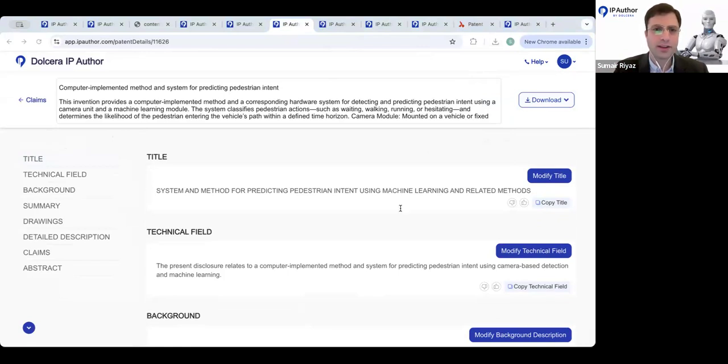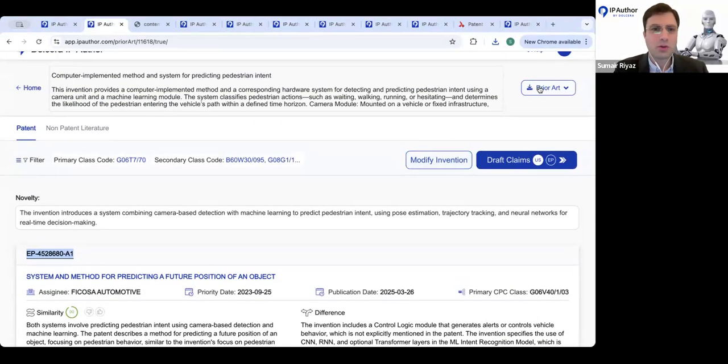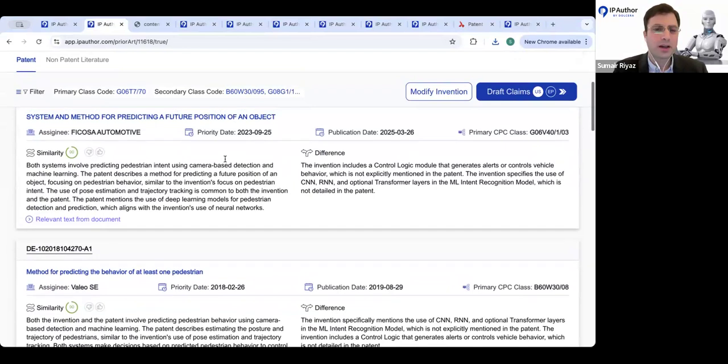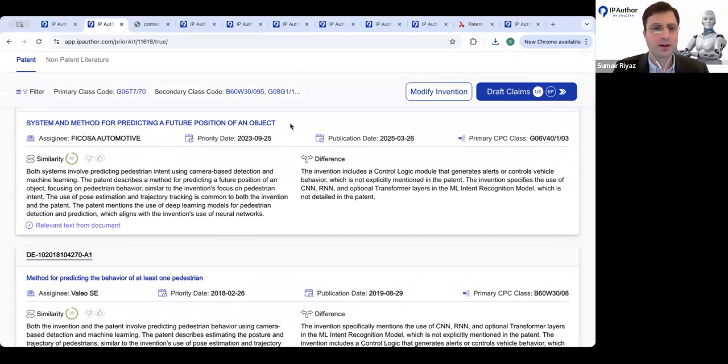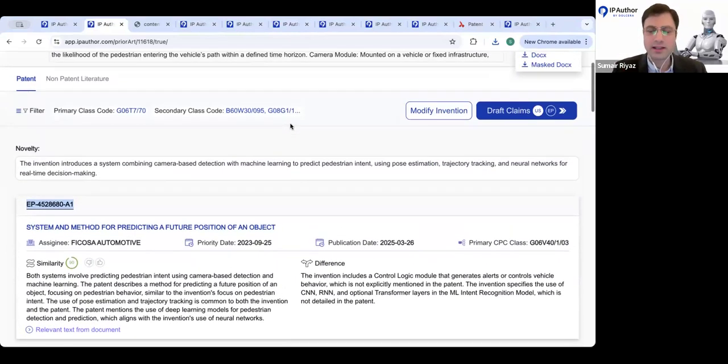It'll create a Word document very nicely, neatly, that you can use directly for the next steps. Similar to that, if you have your prior art search, here also you can download the prior art report, either the whole patent information in the form of a Word document or a masked Word document. A masked Word document in this case would mean that you'll get the information of all these elements, but we will mask the actual patent number and the filer of this information for any legal and compliance